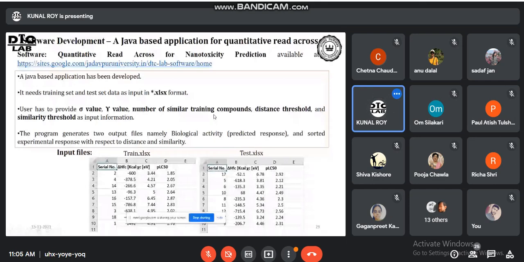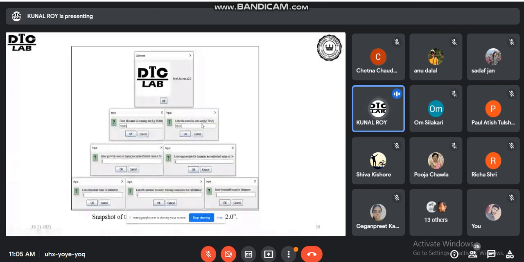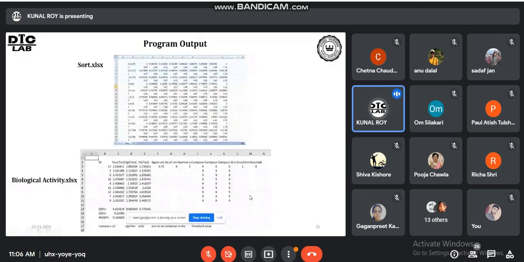program. When we use it, it wants the training set name, it wants the test set name, it asks for the gamma value, it asks for the sigma value, and so on. It asks for the threshold similarity. One can give 0 also, that is no threshold, etc. So the program output looks like this. This is the sorted activity values for each query compound. Say this is the query compound ID 17, and these are the sorted toxicity values of the source compounds. Let's say this is for Euclidean distance, this is for the Gaussian kernel, this is for Laplacian kernel,